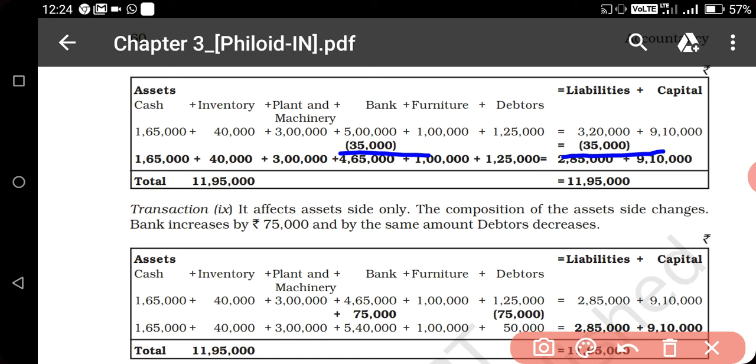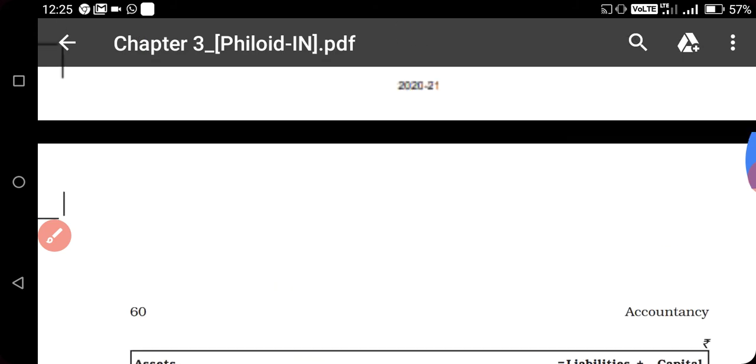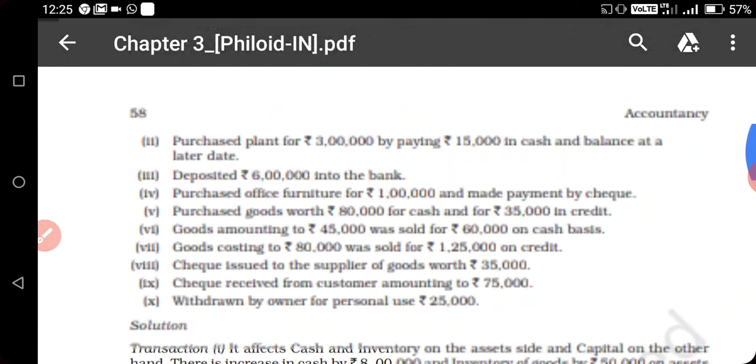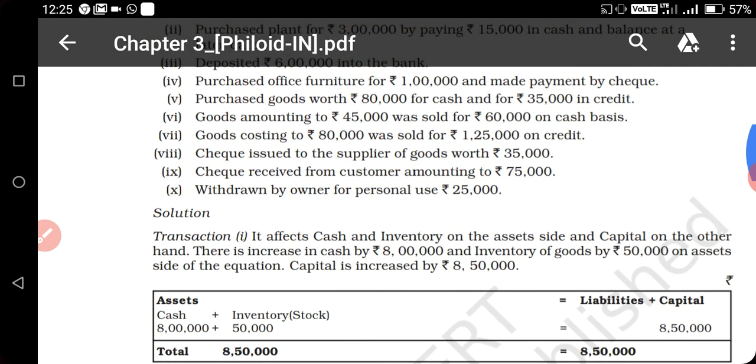One is on the asset side under the title of bank and another is on the liability side, because earlier we bought the goods on credit, so at that time we had the liabilities. Now we are reducing our liability by making the payment through check of rupees 35,000. And the last transactions of illustration number 1, that is the second last transaction,